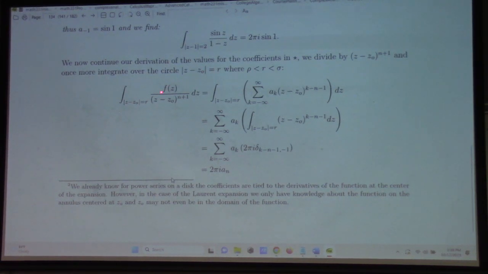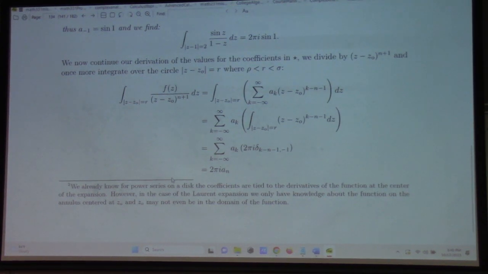Well, if we divide f of z by (z minus z naught) to the n plus 1, then that will shift the index a bit, and then we do the same integral, switch the order of integration and summation, and we get a Kronecker delta, but this time only when the exponent is equal to -1, which is to say that k has to be equal to n. So out pops 2 pi i a sub n, and oh, look at this, we just found a formula that a sub n is equal to